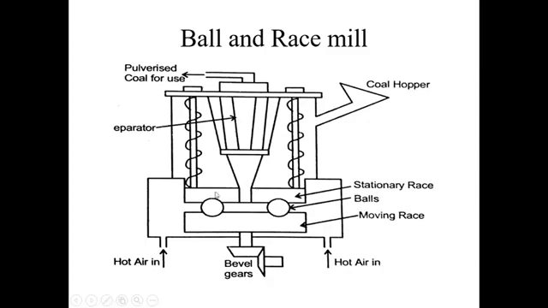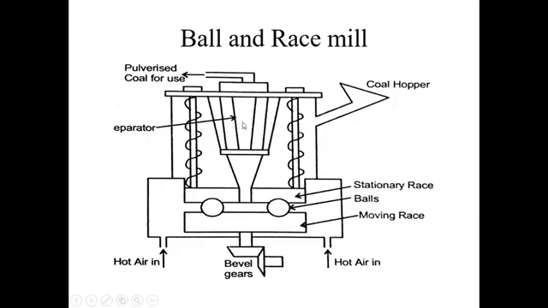Once it is done, it will be rotating and crushing that particular coal into a finer, refined, very small sized form, and at the same time an induced fan is used, and it will be drawing the polarized coal from here. And there is a mistake here, it is not evaporator, it's separator.